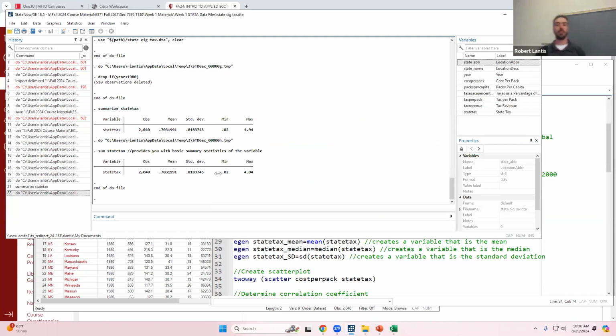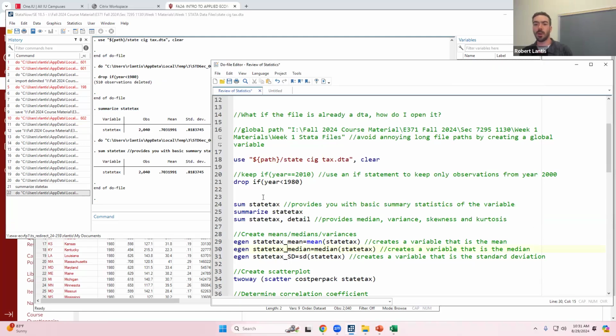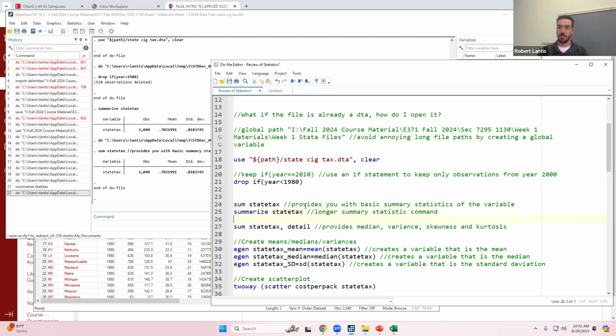But if you're using it from the interface, it doesn't matter. I don't care if you put the sum or full summarize in here, it's giving you the same thing. I'll save this and post this. I can think about that, but since I'm mentioning it in class, I'll get that added to the file as well.